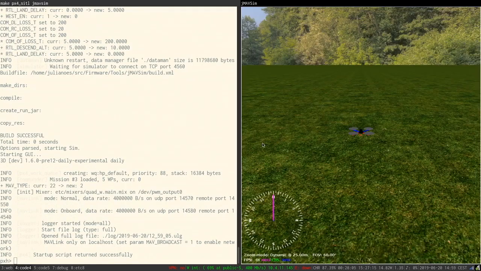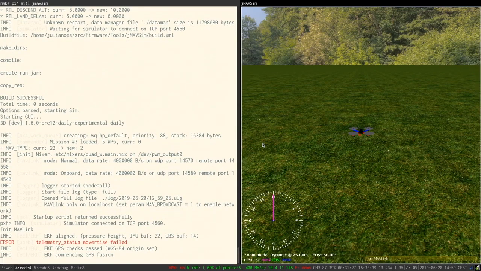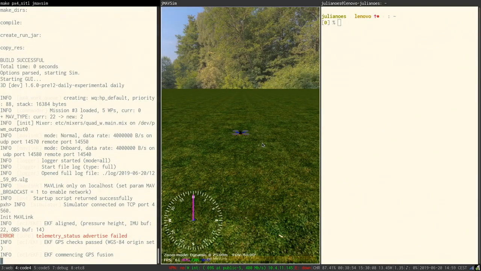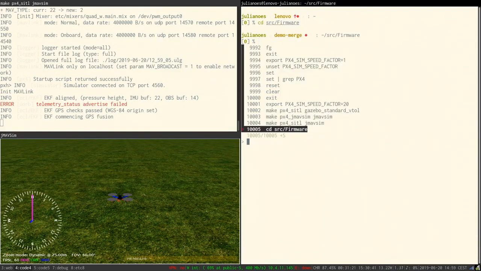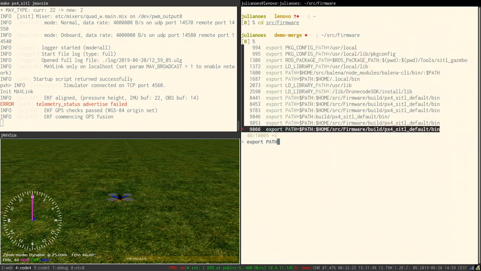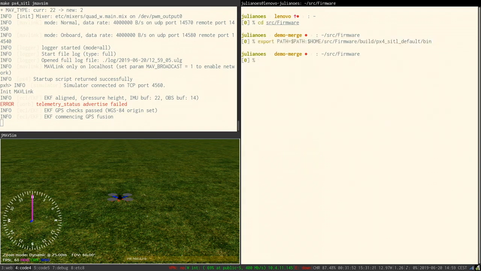And now I want to interact in the same way as in the NuttX shell. I just need to go into my firmware directory, and I need to add the path as I showed before. So export PATH. And I have now, if all goes well,